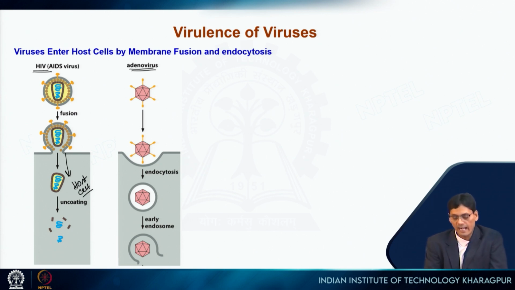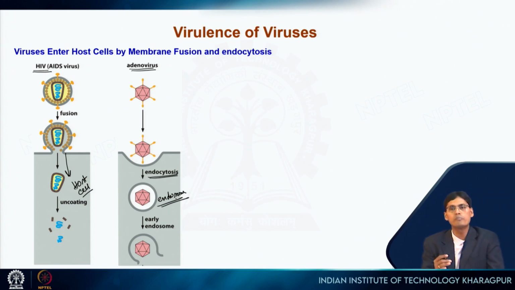On the other hand, adenovirus becomes endocytosed, so this is then an endosome inside the host cell, and finally they will come out from the endosome, and their genomic content, particularly nucleic acid, will come out and then it will multiply. All those things will happen. So now this membrane fusion or endocytosis